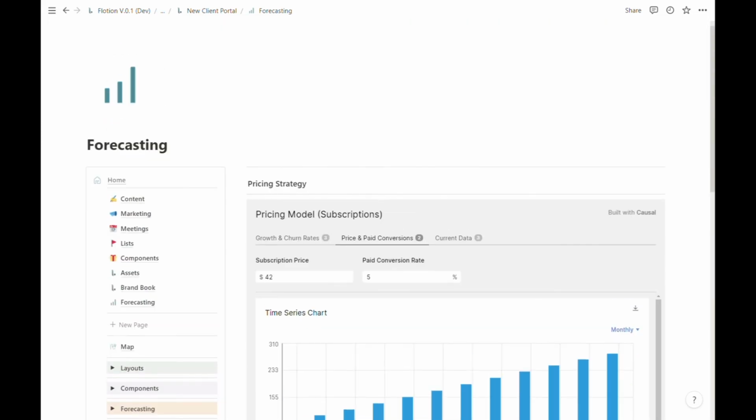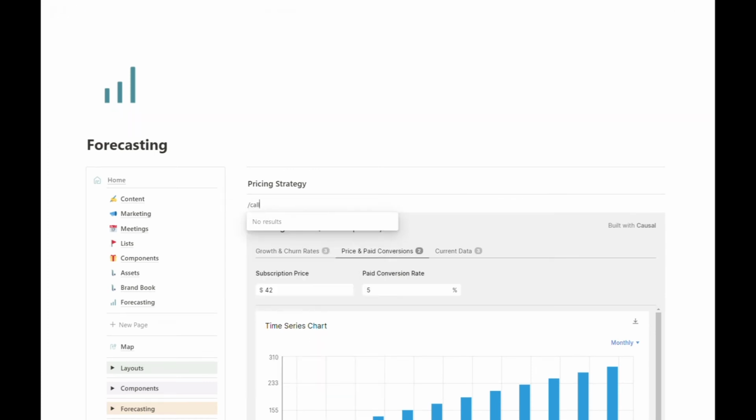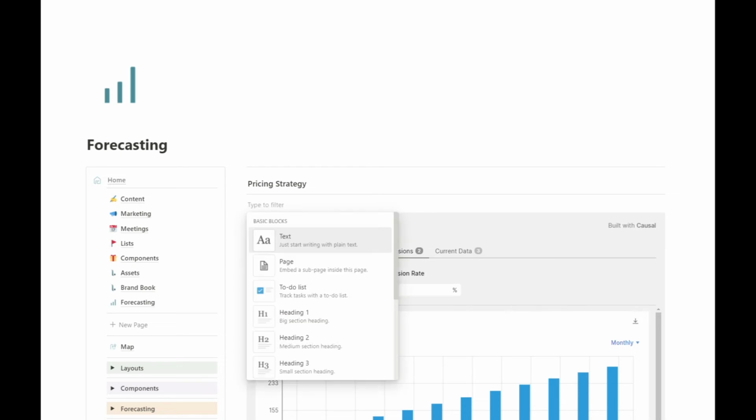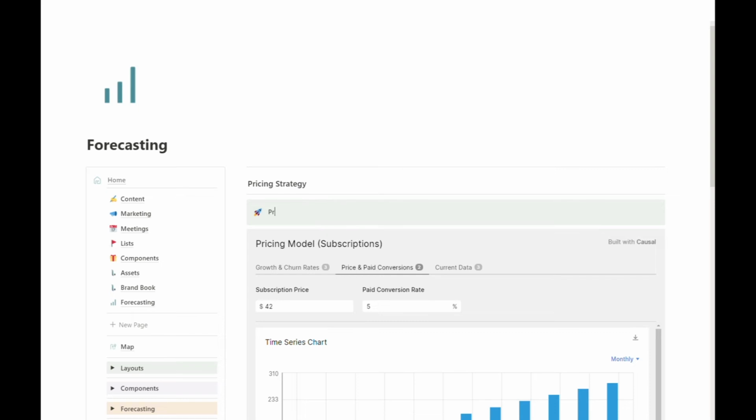and say the takeaway price for this particular strategy session might be $42. I want to keep track, I want to keep a note of this